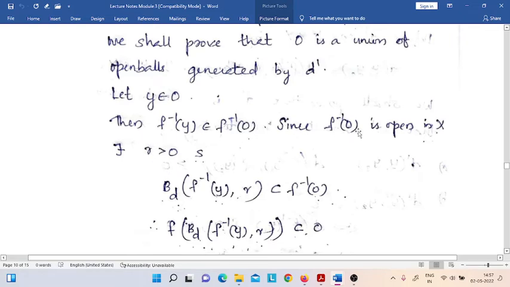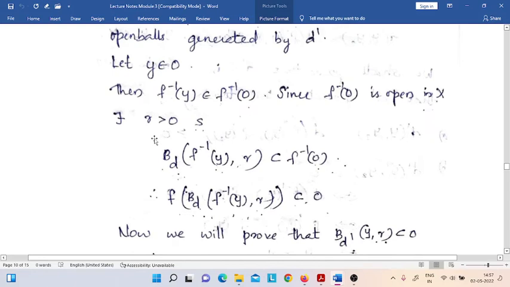We know that f inverse of O is open in X. Why? Because O is an open set in Y, and f inverse is an open mapping. So f inverse of O is an open set in X, and therefore we can choose a positive real number R greater than 0 such that